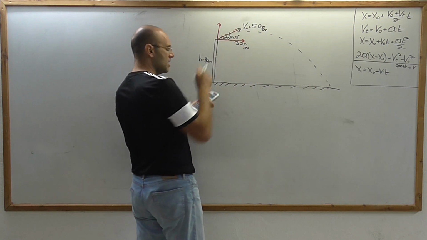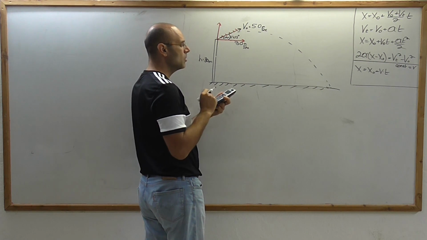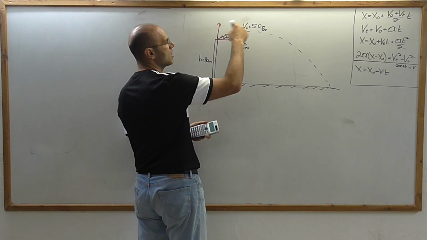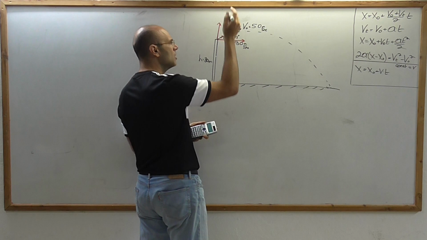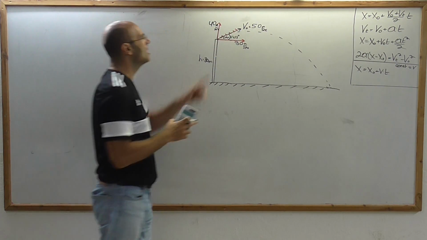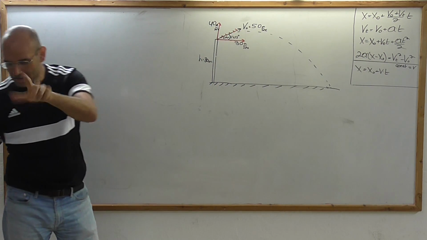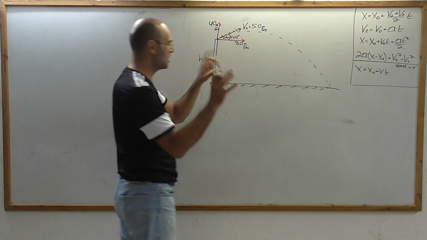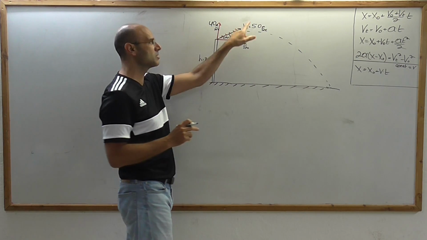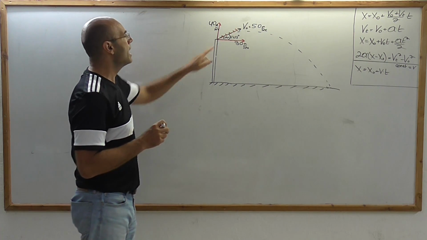And this will be 50 sine 53.13, which is obviously 40. If you know it, it's good; if you don't know it, it's also good, because 30, 40 and 50 are Pythagorean numbers. 3 squared plus 4 squared equals 5 squared. If you know it, it's nice. Anyway,